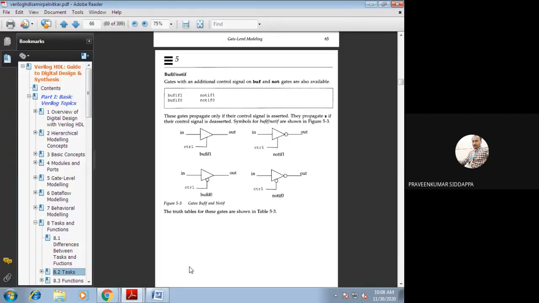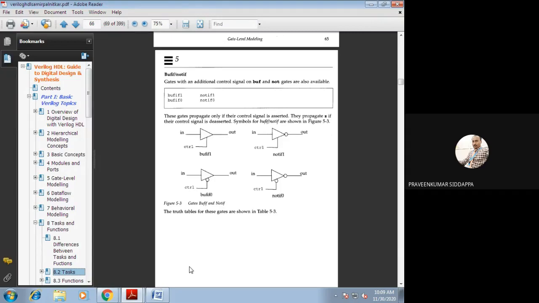Next, bufif0. Bufif0 is nothing but the control signal being 0. Whenever the control signal is 0, at that time we will get out equal to in. So because of that, I applied 0 here. We applied a bubble, you can check it. Whenever we apply 0, after the bubble it becomes 1, so at that time this buffer is turned on. If that buffer is turned on, we will get output equal to input.